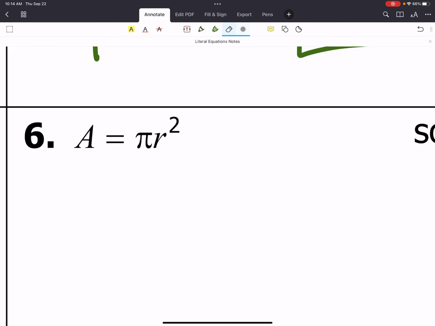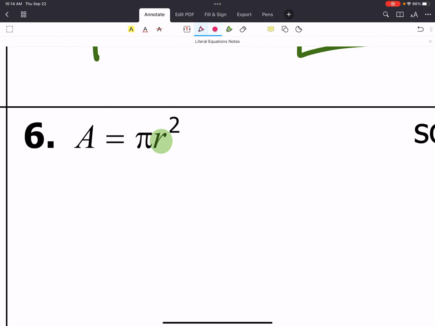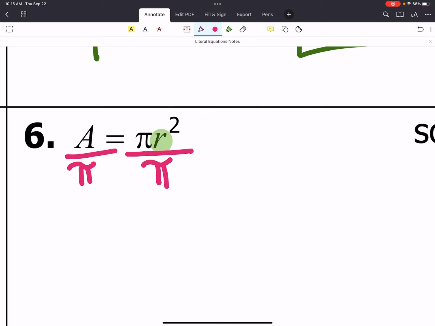We want to solve for R, not R squared, but just R. So my first step here is I have pi R squared, so I'm going to divide both sides by pi. And so that gives me, and I'm going to rewrite this so my R squared is on the left,